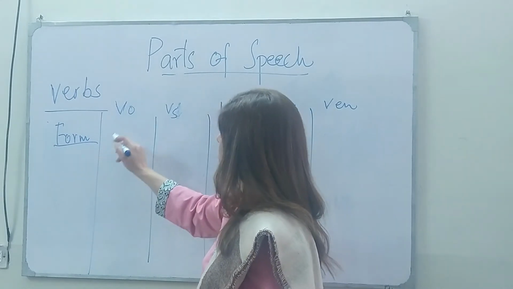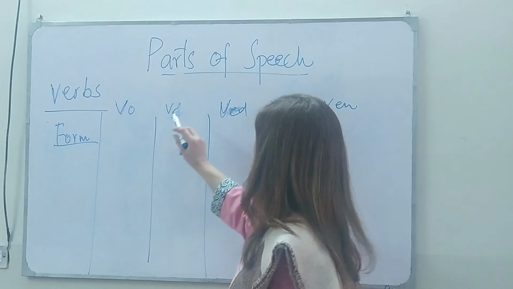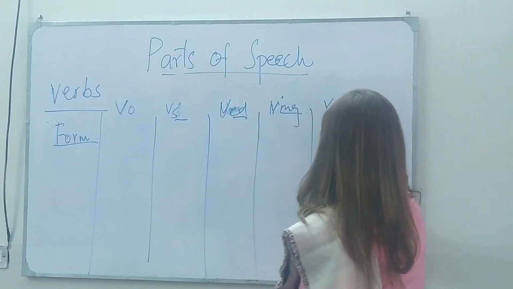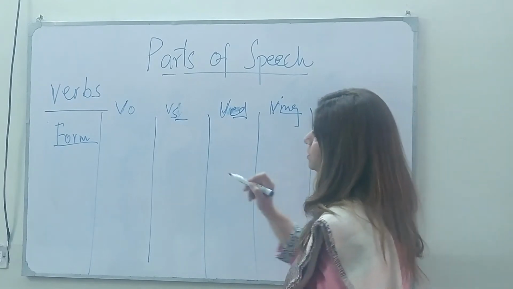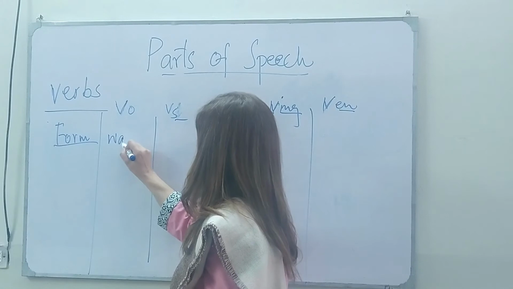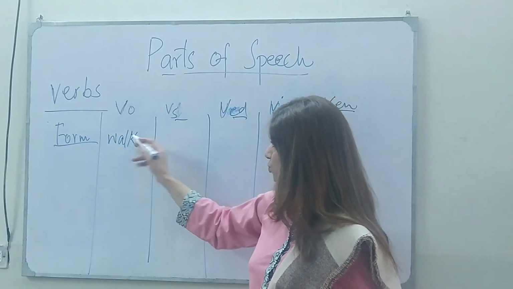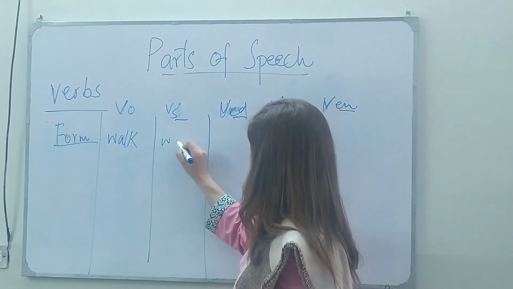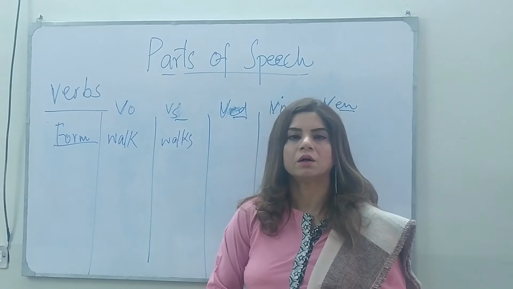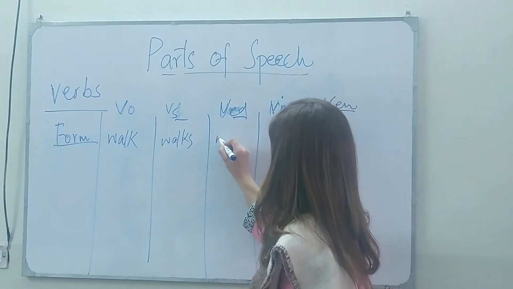The forms of the verb. So the first one is V0, and we are talking about the main verb. Then VS, VED, VING and VEN. How will we change a word into all these forms? Let's suppose the word is walk, this is the main infinitive form of the verb. If I add s with it, its function will become present simple tense. If I add ed, walked,